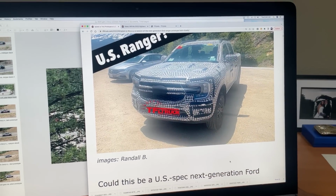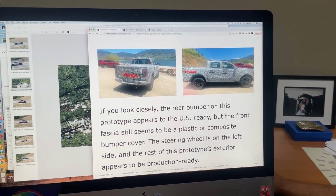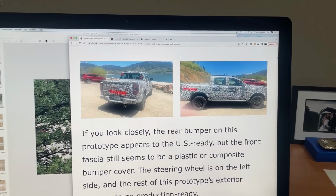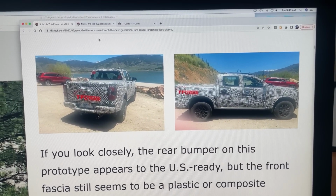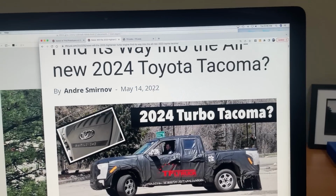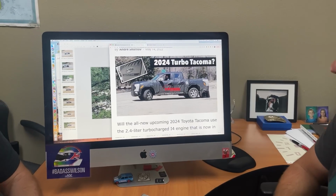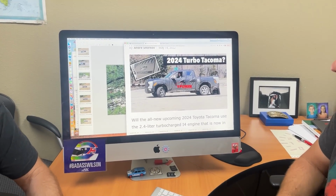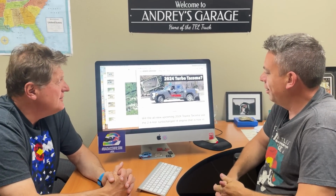So that's also coming. And then of course, last time we did a video, we speculated, there you go, there's the side and the front and the back. We speculated on the new Tacoma, and we said it was going to be a 2023. Unfortunately, we were proven wrong by Toyota. They said that there was not a 2023. So now we're assuming that will be a 2024 Tacoma. So a lot is happening in the mid-sized truck space, and not a lot is happening as far as we can tell with electrification. So we're not seeing a lot of...